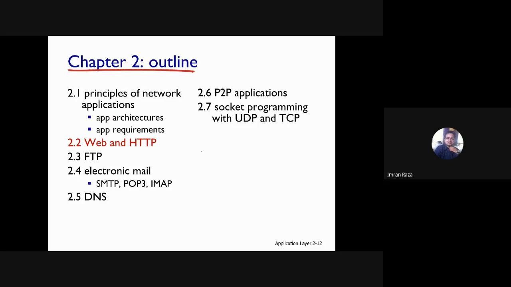In the next class, we'll start discussing the web and HTTP application first, and we'll see how web-based applications work, how the HTTP protocol works, and how the sequence of messages is exchanged between our host and a server in order to transfer data from server to host and host to server. That concludes today's lecture. Thank you. If there are any questions, I'll take your questions now.